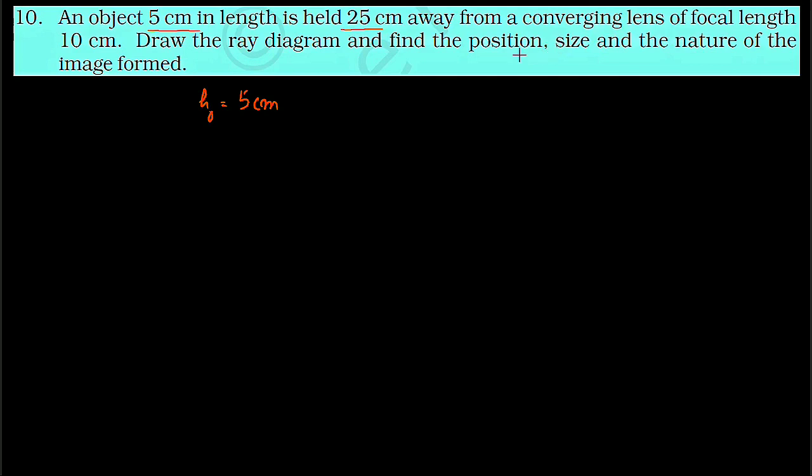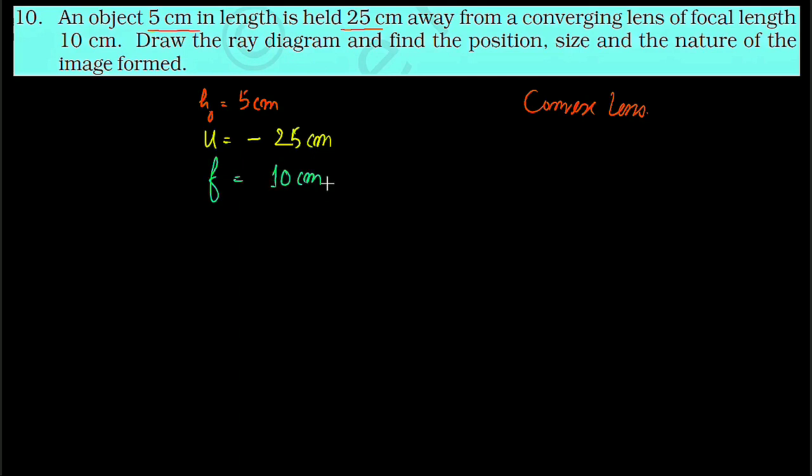That means we have a converging lens, so we are going to use the convex lens. We'll draw that, but first we have to solve. We need some quantities with the help of which we can draw the figure. Then we can write the object distance, that is U. We got U as 25 centimeter. But what about the sign? We always know that the object is placed on the left side in the case of the convex lens, so the object distance will be negative. Then what else is given? The focal length is given as 10 centimeter.